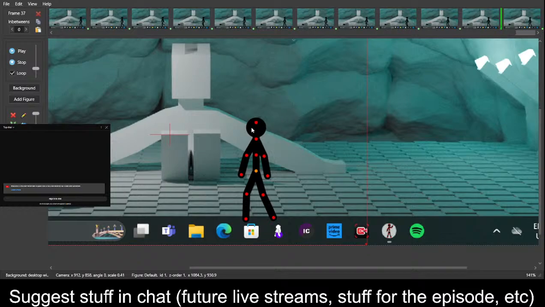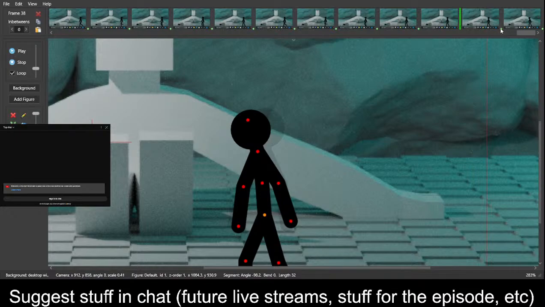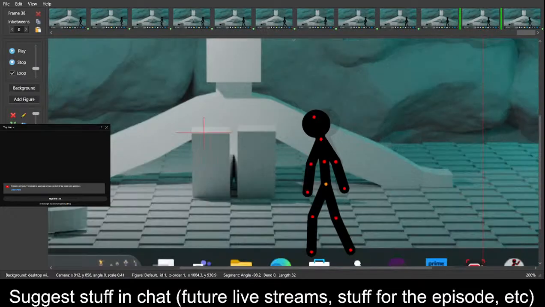Same technique. Then he looks down like this. There we go. And then I can pause it like that, and